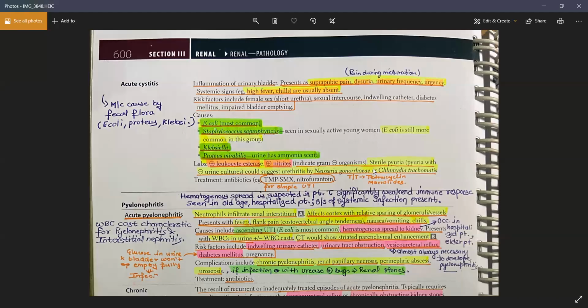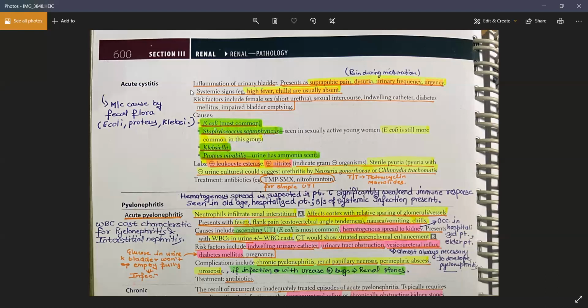Whenever you have a sterile pyuria, you will always think about two organisms. Most common one is Chlamydia because it is always intracellular, so you cannot visualize it on the microscope. Second one is Neisseria, which can sometimes be recognized in the microscope when it is extracellular, but because this organism could be intracellular, sometimes you cannot recognize it. So Chlamydia and Neisseria always cause sterile pyuria, and they cause urethritis, not cystitis, by the way. You will have a discharge from the urethra, and that is a highly characteristic feature differentiating cystitis and urethritis. In cystitis, you won't have any kind of discharge, but in urethritis, you will have some kind of discharge from the urethra.